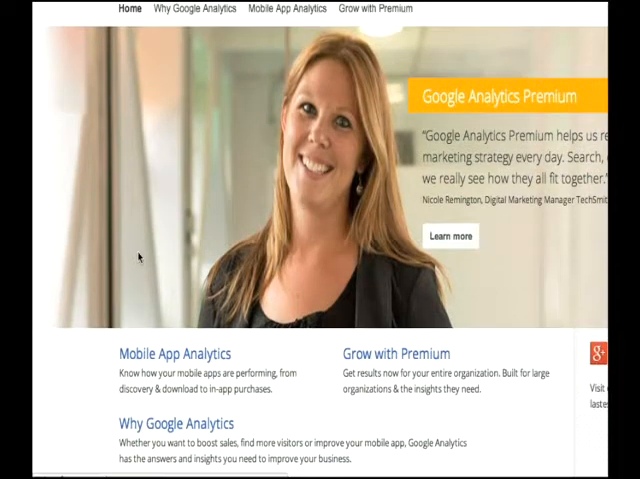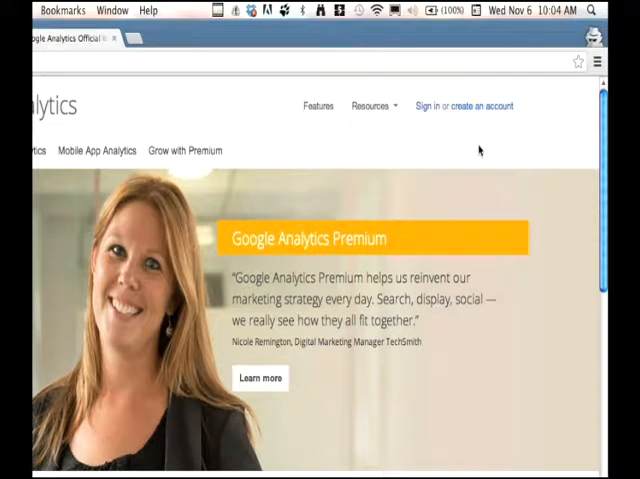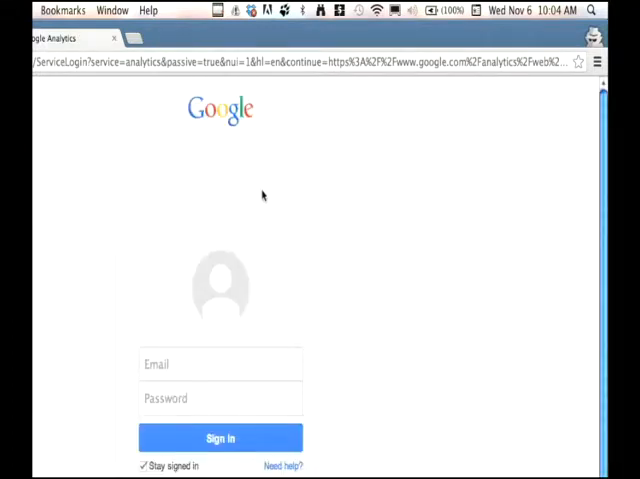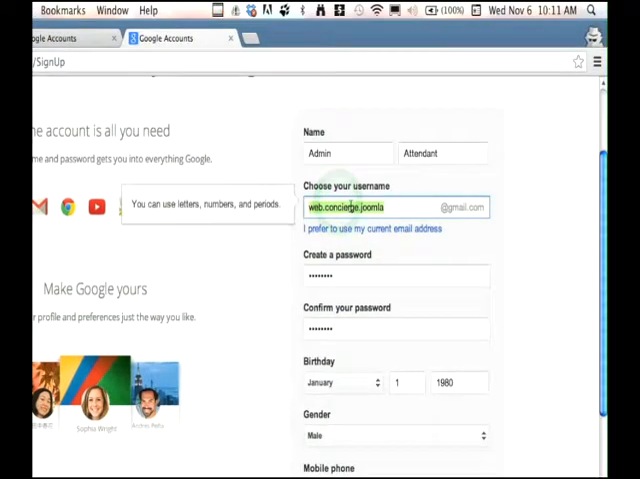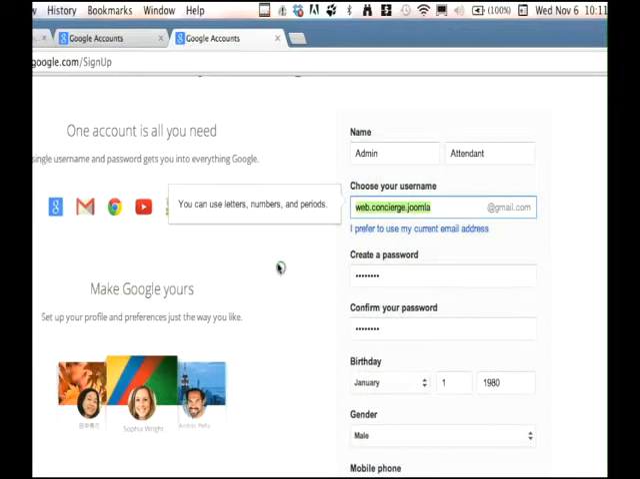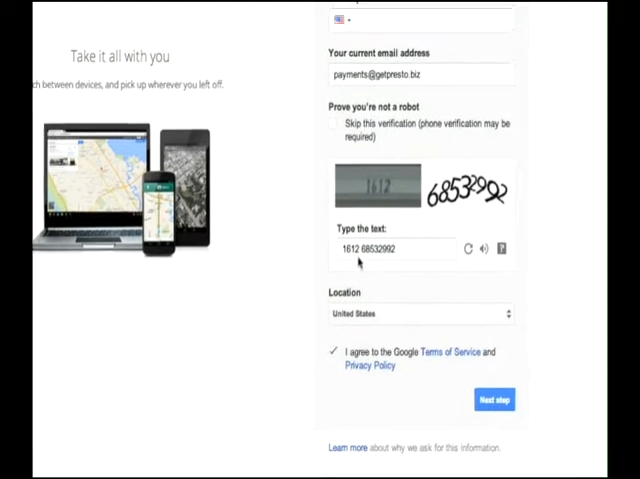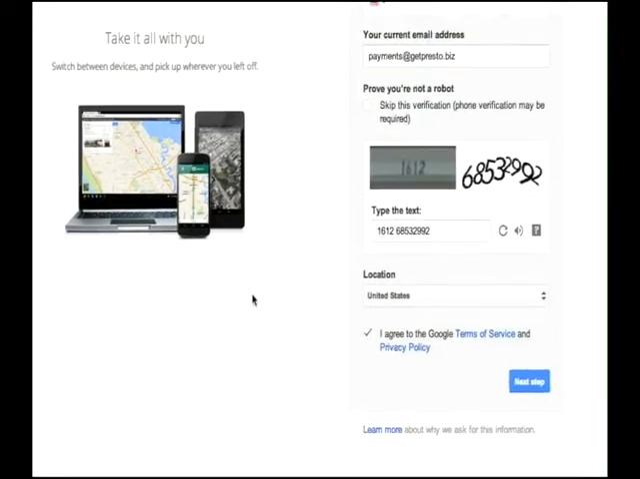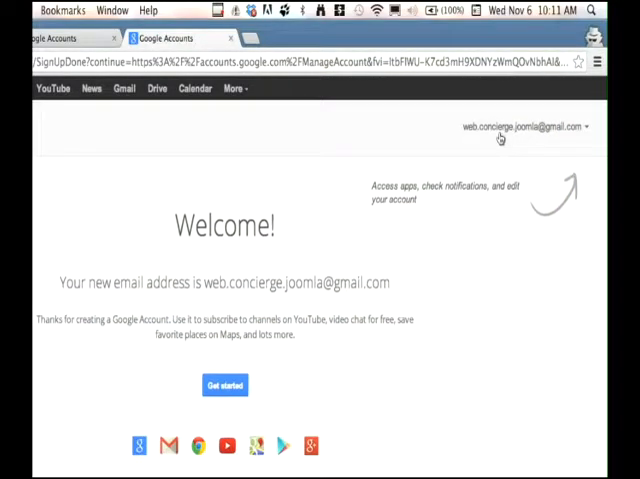By clicking this button, you'll be navigated over to the Google Analytics account, and in the upper right-hand corner here, you can either sign in with an existing Google account, or in this case, I'm going to create a new account. Okay, so as we can see here, I'm setting up the username web.concierge.joomla@gmail.com. I've created the password, entered all the other related information, proving that I'm not a robot, and click to the next step. As you can see now, I've successfully set up a new Gmail account,